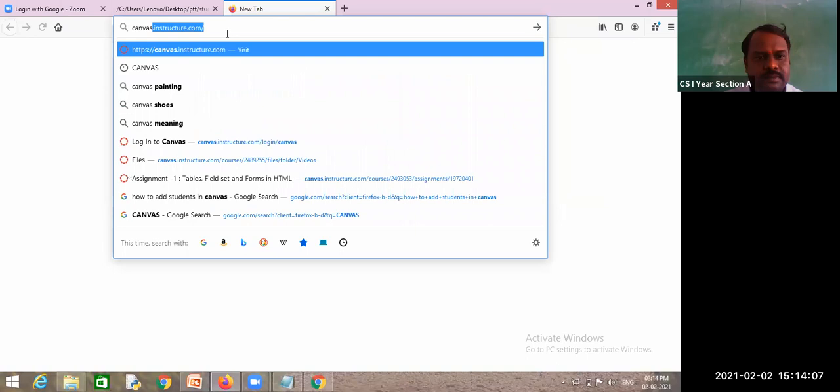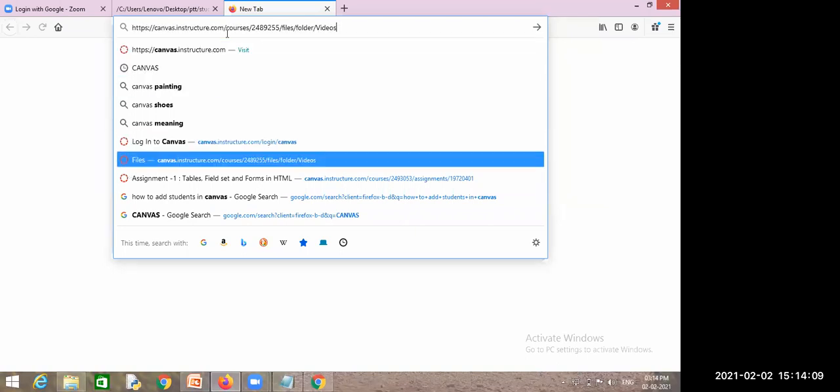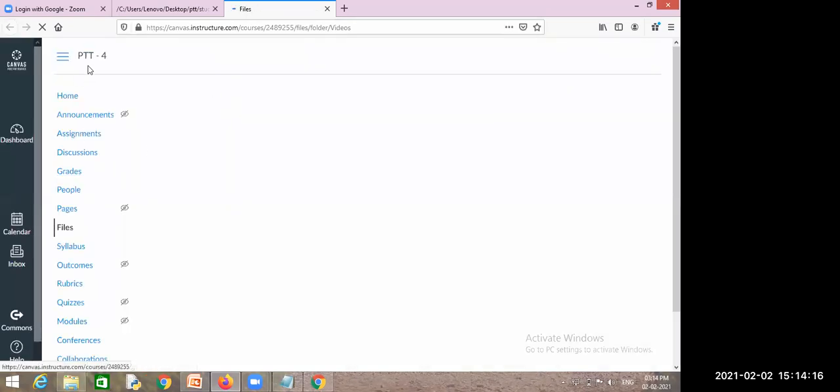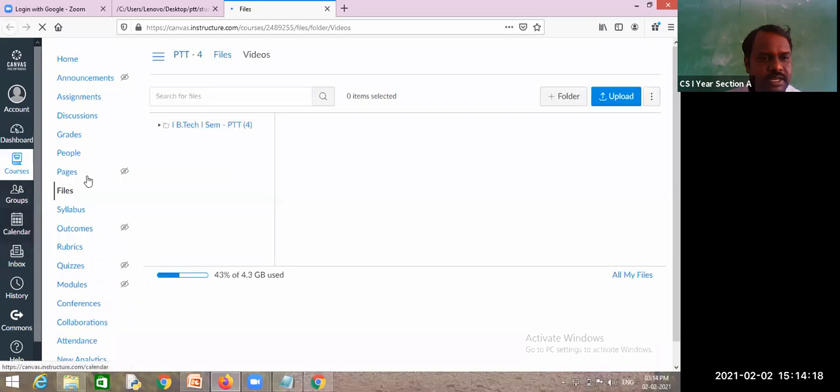Canvas, Files. You belong to PTT 1, I hope. Dashboard. B1, sir.